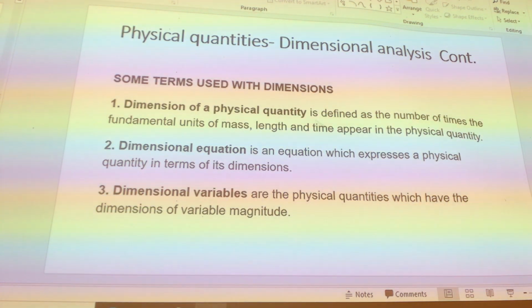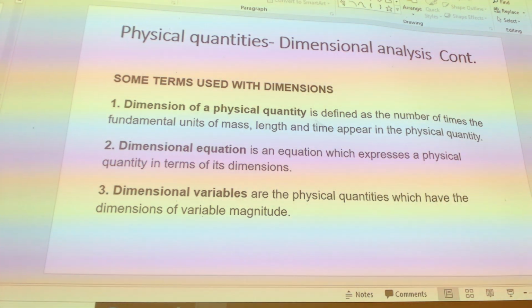the next point is some terms used with dimensions. We have the first term, dimension of a physical quantity. What is the dimension of a physical quantity? You need to understand this word. The dimension of a physical quantity is simply defined as the number of times the fundamental units of mass, length, and time show up in a particular physical equation. And we also have the dimensional equation. It's just an equation